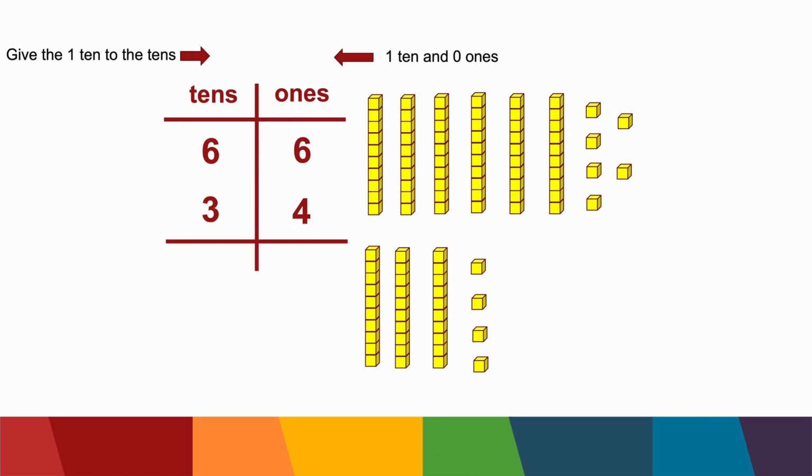Here we have 66 plus 34. We begin in the ones column. 6 plus 4 equals 10. That's 1 ten and 0 ones. We put the 1 on the ten side and we carry the 0. Then we add our tens column. 1 plus 6 plus 3 equals 10. Did you notice here I had to put my 0 down again and now put the 1 on the hundreds column because it's not a ten, it's actually...